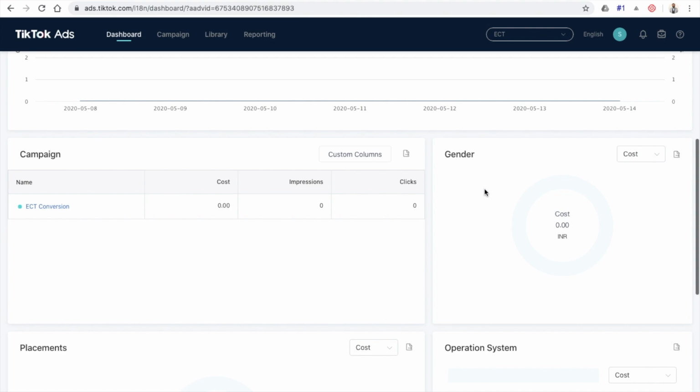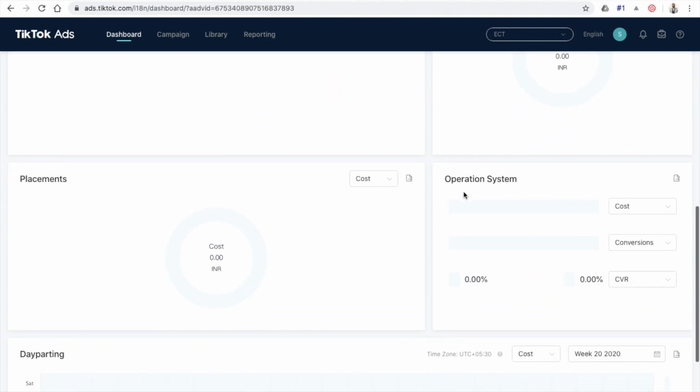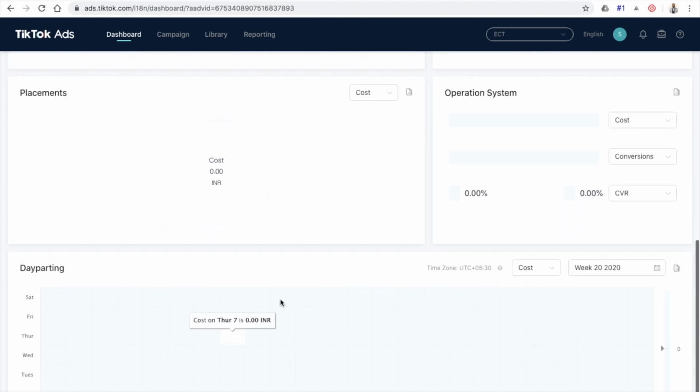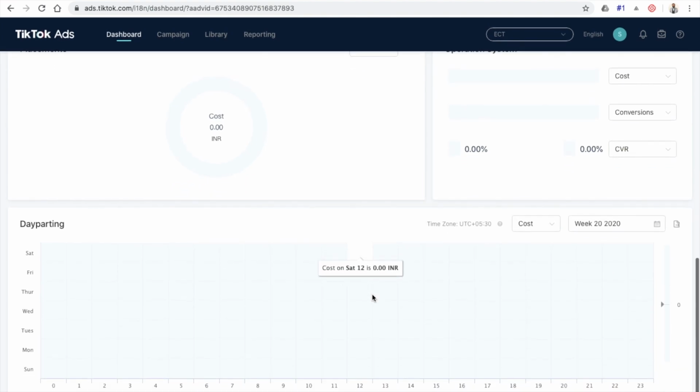Here again you will see a brief synopsis of campaign, gender, placements, operating system, from which operating system your users are accessing the TikTok ad system. Then this day wise and time wise results on how much you are spending in terms of campaign money, right?